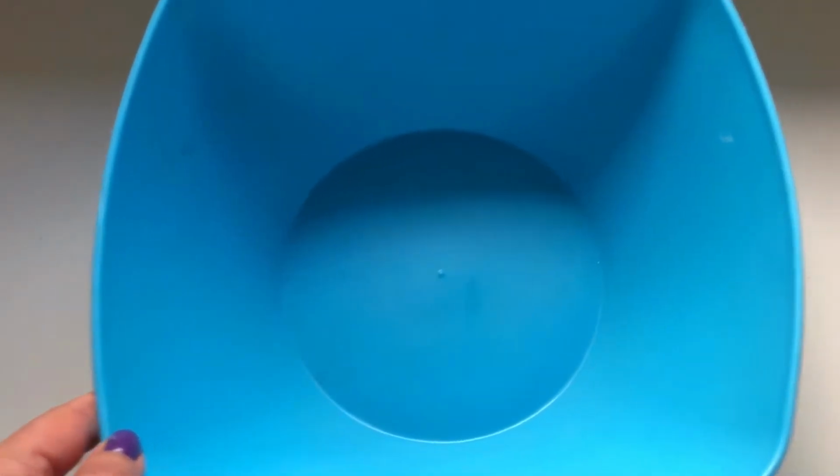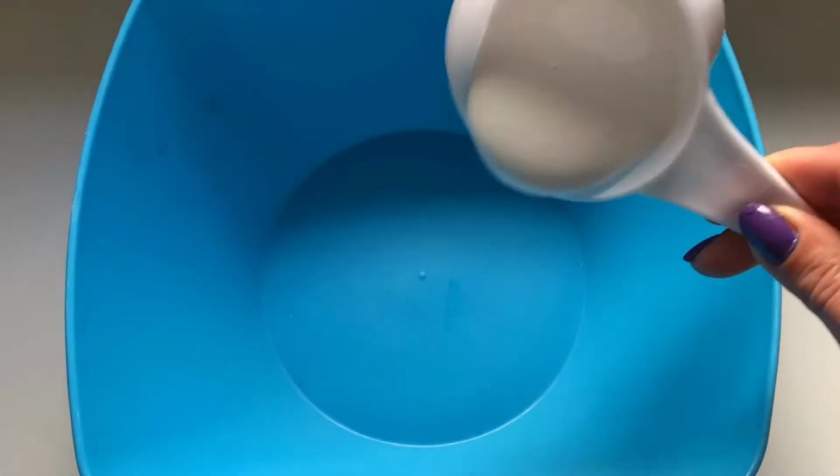I speak Portuguese. So, you will need 1 cup of white glue,